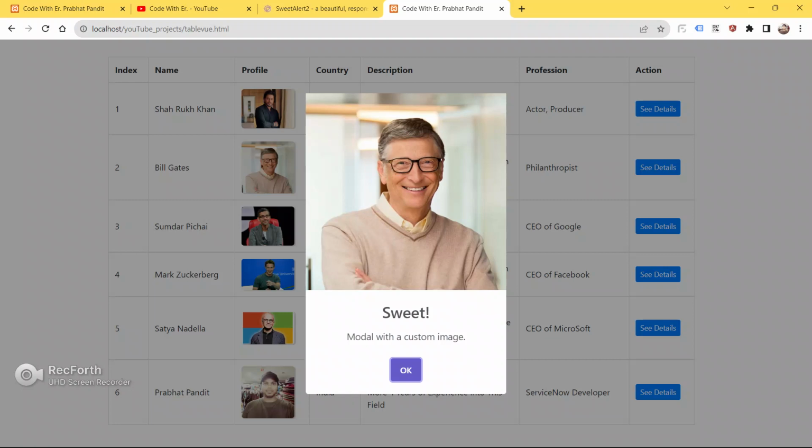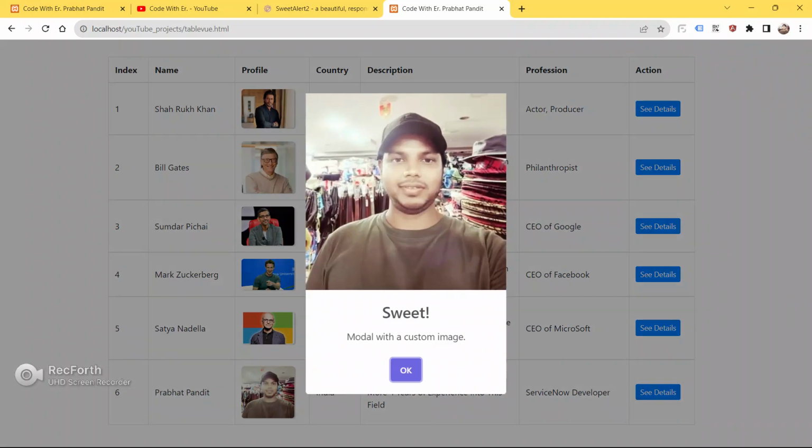Then only is the user going to stay for some time, otherwise no one is going to use your application or your site. So guys, as a front-end developer, you have to have a very keen eye for the details. Then only will your UI look dynamic and modern also.